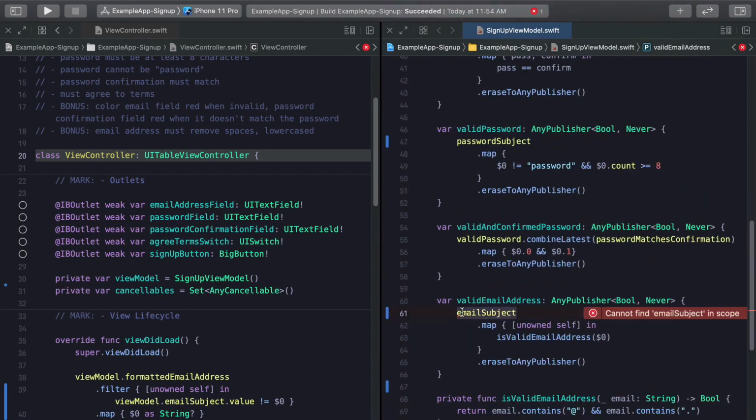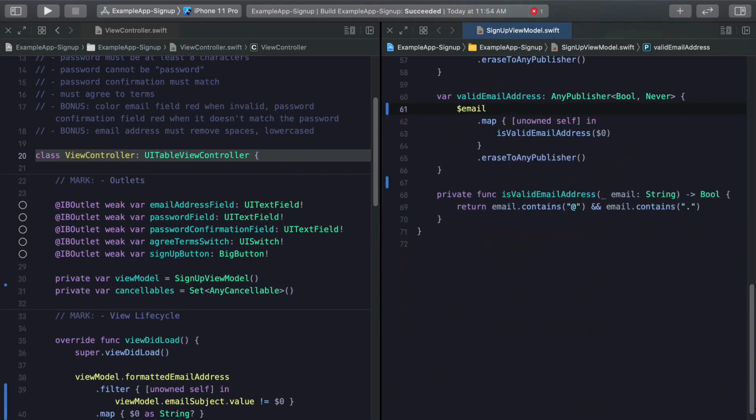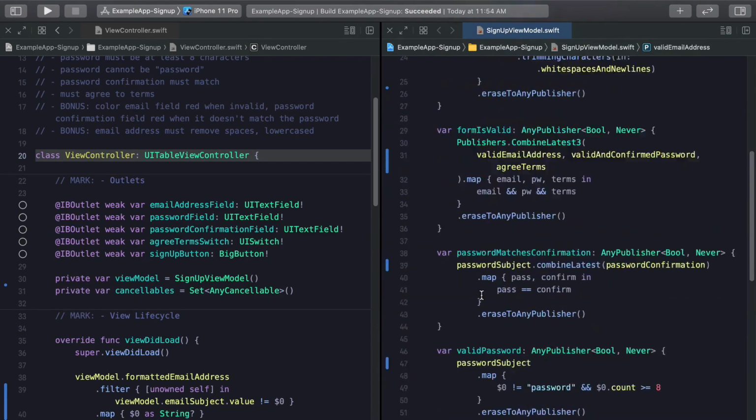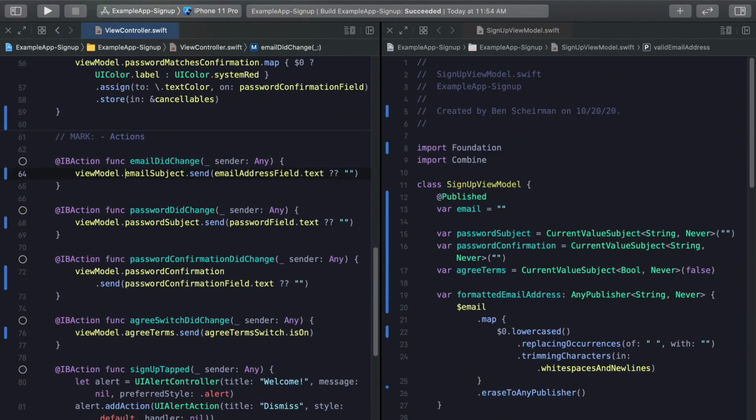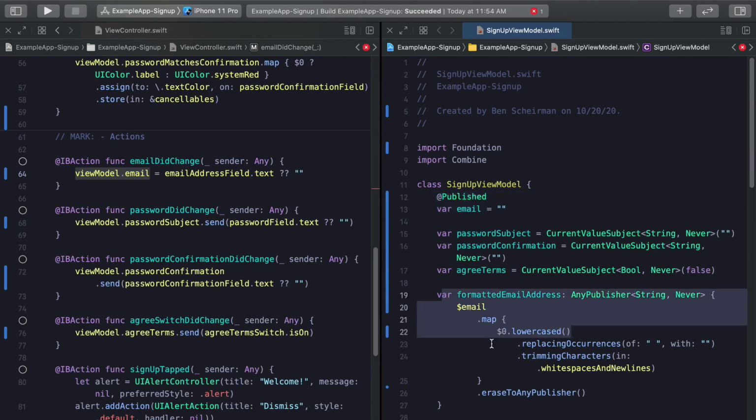You can scroll down to where we're using it here, use $email, and that was definitely an improvement. So then down over here where we're using viewModel.email subject, instead of using email subject like this, we're just going to assign a property. And this is kind of reminiscent of code we would write even if we're not using Combine. We're setting the email property of our view model to whatever is coming from the text field. Now, if anything is dependent on this, this publisher will trigger a change, like this formatted email address, and everything